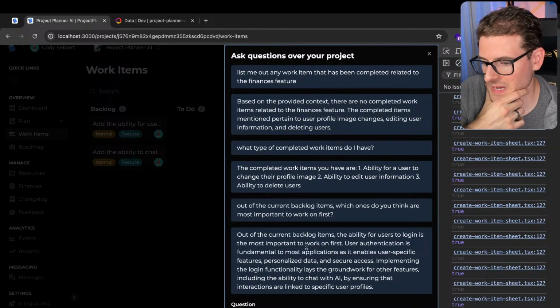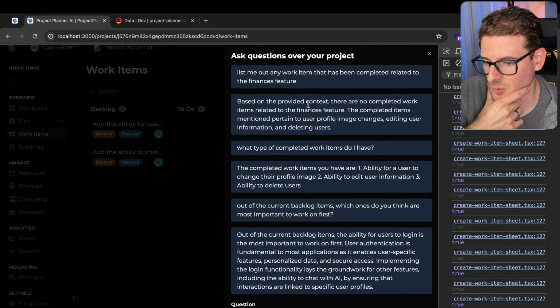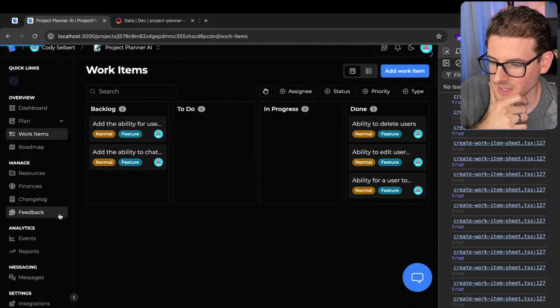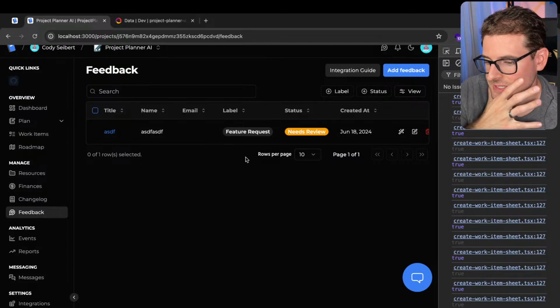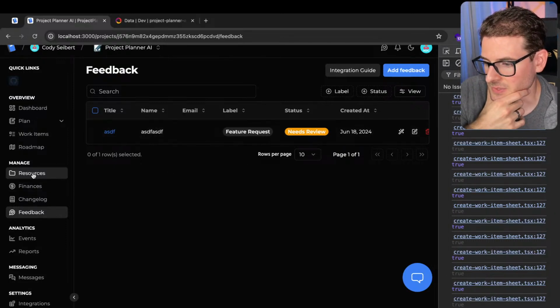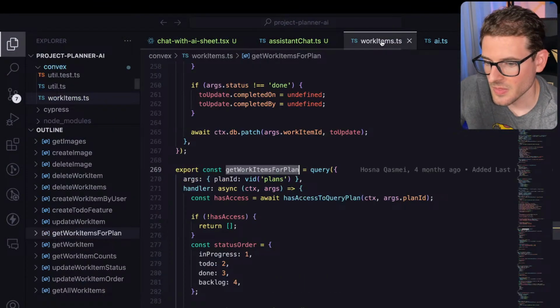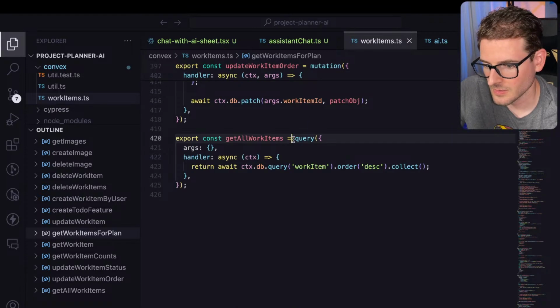I think with a little bit more tweaking, we can get this to a really nice polished state. And then just have it feed in some context of whatever you want. So if you want to ask a question related to your finances or your feedback, like for example, we have this user feedback option, I could just ask any question I want against feedback items and have it respond. But I am actually excited for that. I managed to get that done in an hour, 30-minute stream. And